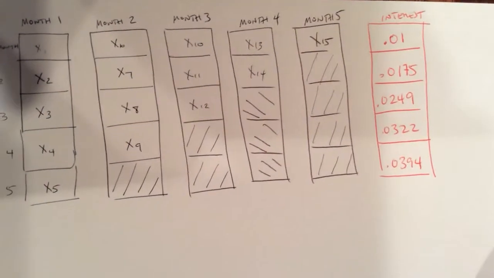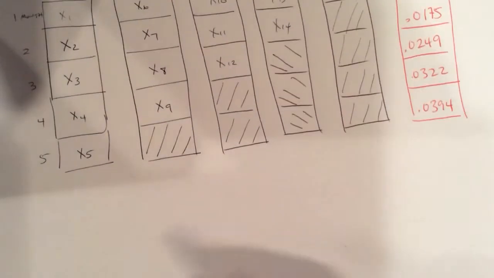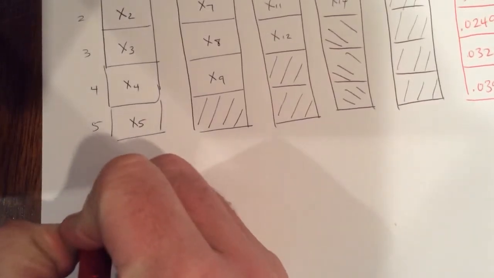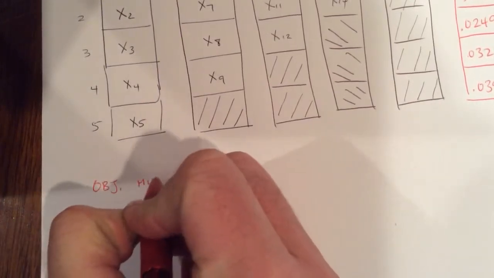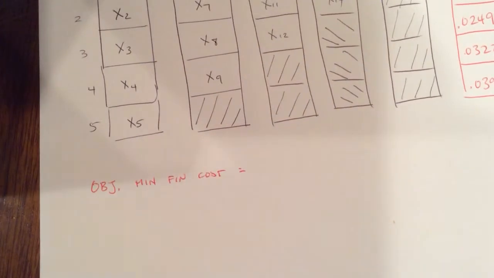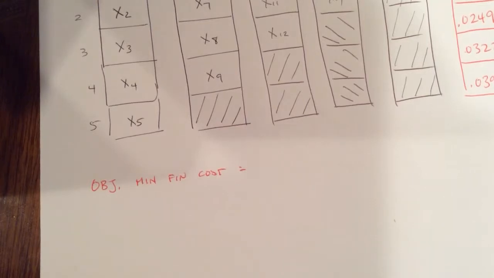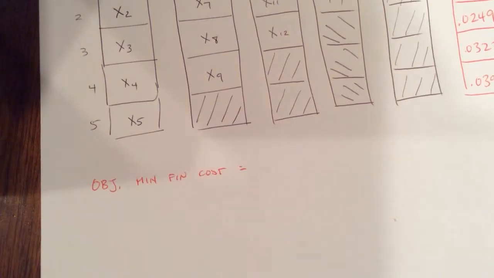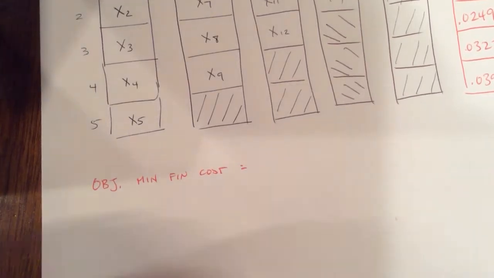All right, so now we have defined our x's, we have our interest rate. Now let's think of our objective function. So our objective is to minimize the financing cost. Well, let's think about this. If I borrow $100,000, that is income to me. When I have to pay back that loan, say a month later, the $100,000 isn't the cost because that's the money I was given. The cost is the interest that I accrue upon that initial loan. So the way we're going to think of our objective